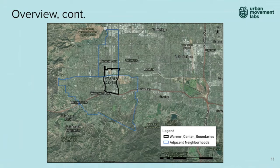The legacy, present, and future of Warner Center is as a policy-guided community with an emphasis on transit and pedestrian accessibility. So Tricia and Brad have alluded to the Warner Center 2035 specific plan, or the Warner Center 2035 plan, which we'll talk about a little bit more later, and the importance of that. But embedded into the values of that plan is this idea of Warner Center really relying on being a transit-oriented